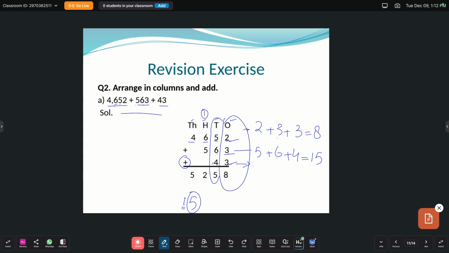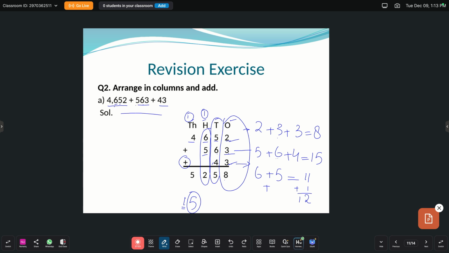Now write the addends that are in the hundreds column. So we will write the first addend, we have 6. Then we have 5. And we don't have any digit in the third addend there, so we have only 2 addends there. So 6 plus 5 is 11, and plus 1 that I earlier wrote here as carry over. So 6 plus 5 is 11 plus 1 is 12. So we will write only 2 here and 1 carry over.